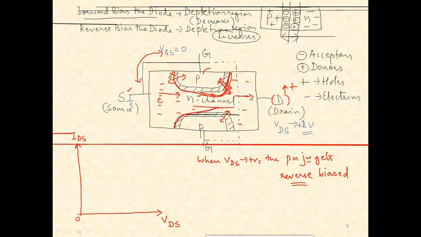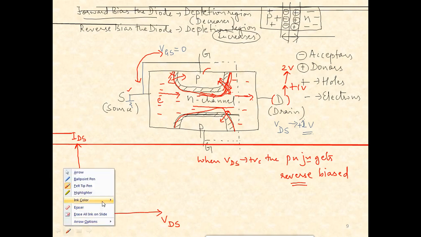The same thing also happens at the bottom side. So we call it as bulging of the depletion region nearer to the drain end. Okay, so right now let us assume that the drain voltage is 1 volt. Further, if I still increase the drain voltage from 1 to 2 volts, what happens to the shape of this depletion region? It again changes, it increases, it bulges further, right? So let me take a different colored pen and indicate it.